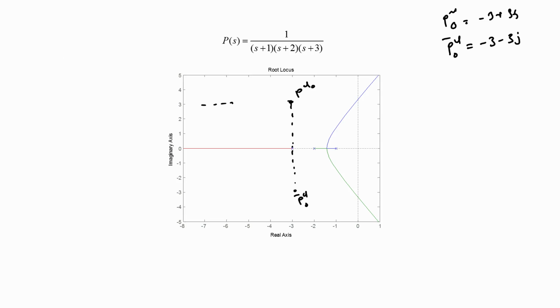If you look at this problem, it does not look substantially different from the problem that we considered in the previous example. Once again, this is a case where the points PCL naught and PCL naught bar are not lying on the root locus of the plant. So, what we have to do is to adopt essentially a two-step approach.